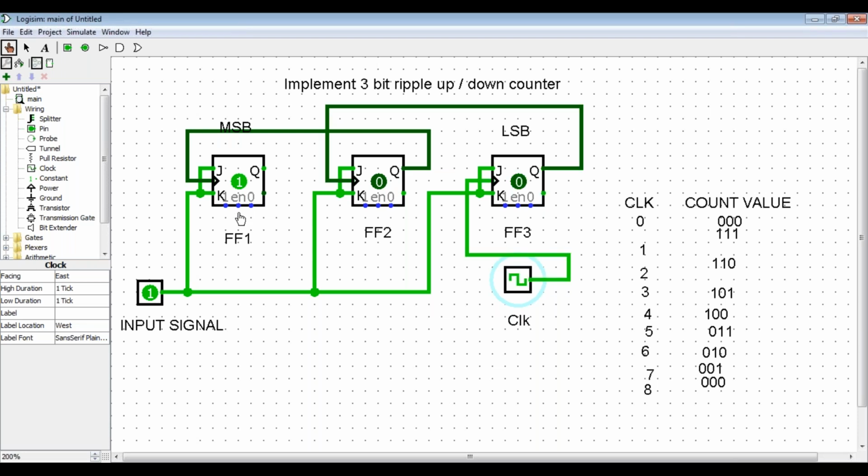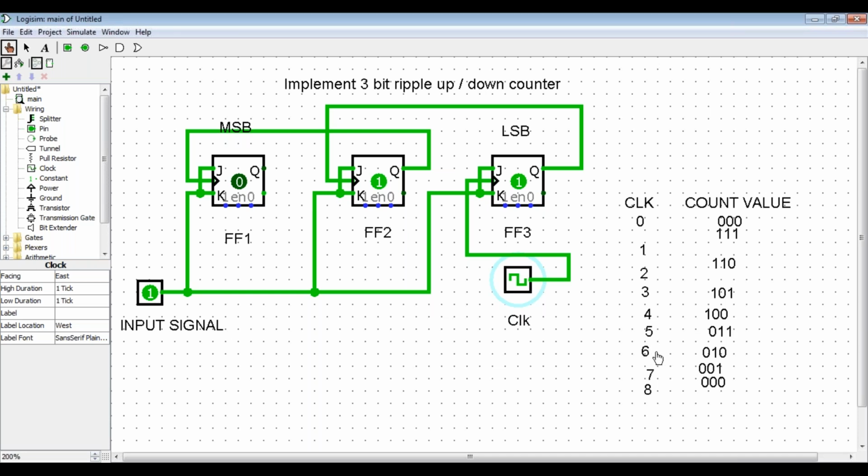So at the fourth clock pulse, look, I am getting 1 as MSB, 0, and LSB 0, meaning that if I am applying my fourth clock pulse, I am getting 1 0 0. Okay, fine. So I'm going for 5th clock pulse. What you want to do is press the clock once and then press once again. You want to do it 2 times, okay? So what you are getting is 0 1 1. I mean MSB is 0, then 1 1. So if you are applying your 5th clock pulse, you are getting 0 1 1.